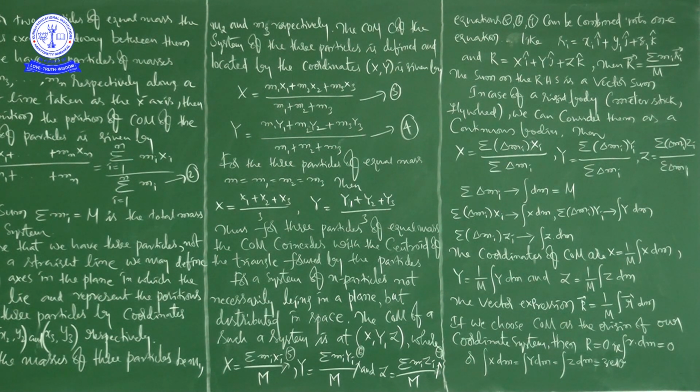That is, R bar is equal to sigma i is equal to 1 to n, obviously, mi ri by capital M. So the sum on the right hand side is a vector sum, because it is a position vector, i is equal to 1 to n. Okay, right. So the origin of, suppose for example, see here, here I have written clearly. Suppose in case of a rigid body,